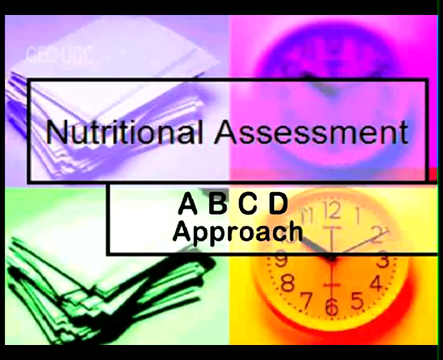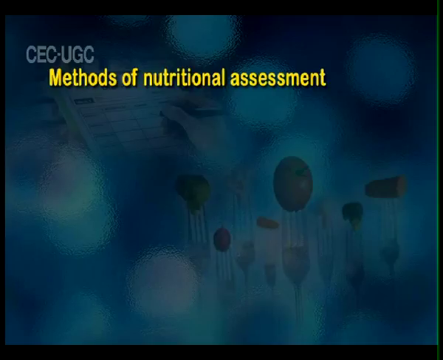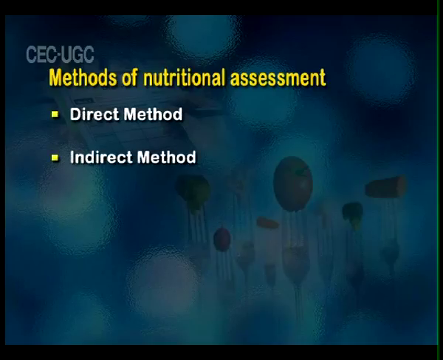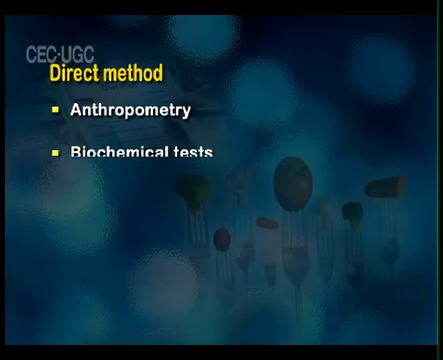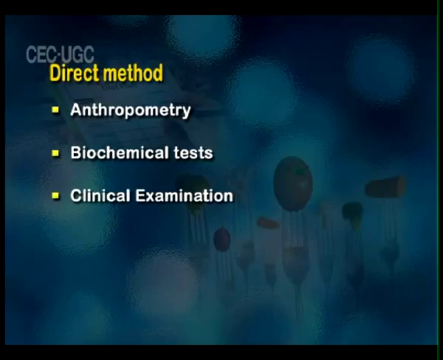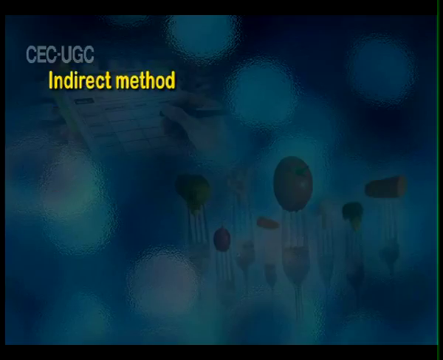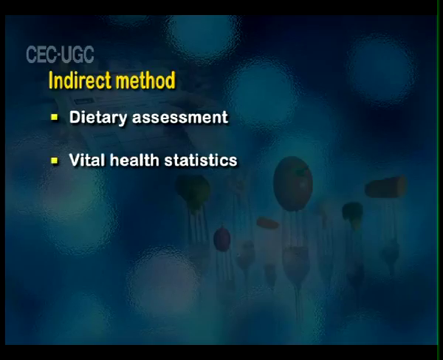Now let us discuss the various methods of nutritional assessment. They are categorized into 4 types, which is called the ABCD approach. We divide the nutritional assessment into 2 major categories, the direct and indirect methods. The direct method includes anthropometric measurements, biochemical tests, and clinical examination, whereas the indirect method includes dietary assessment and vital health